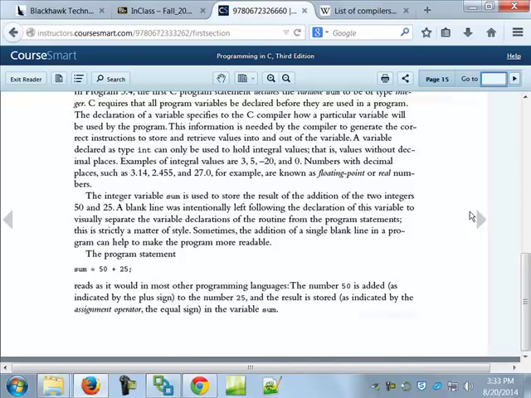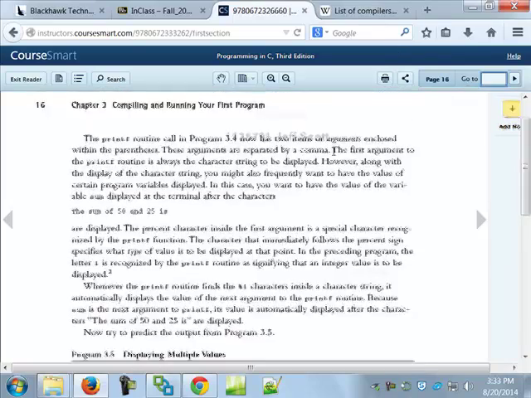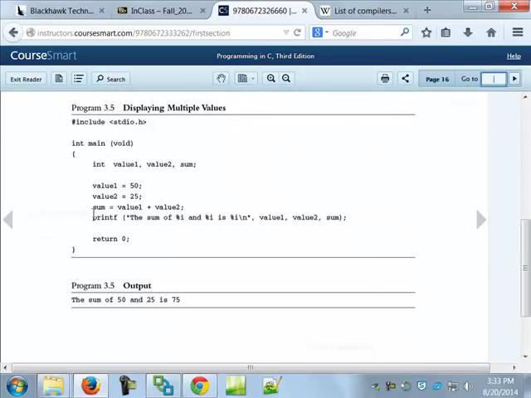Now, what you typically will end up doing a lot more than that is working with variables. So if you look at this one, hopefully that one makes sense to you too. There are 3 placeholders in there. They're all integers. The first %i is holding the place of value 1, the second one's value 2, and the third one's sum. Again, that really shouldn't be anything that's exactly new to you. It's a different way of looking at it because it's not done the same way that it's done in other languages. Questions on any of the stuff we've gone over thus far?